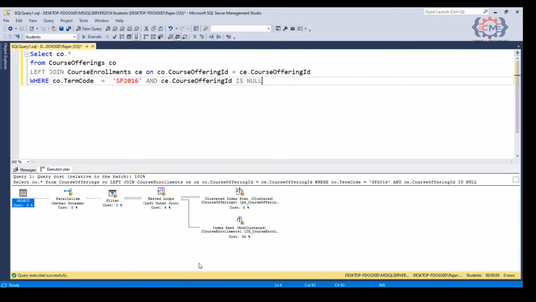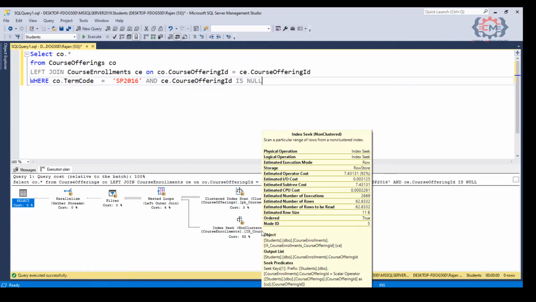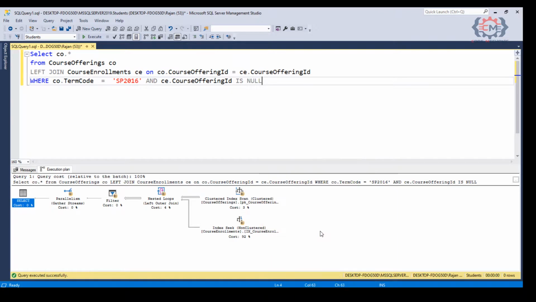So, what is happening in these three operations here is that SQL Server is reading all of the offerings for the courses in the current semester, and then through this nested loop join, it is probing an index on the course enrollments table, IX course enrollments course offering ID, and looking up how many enrollments there are for that course.